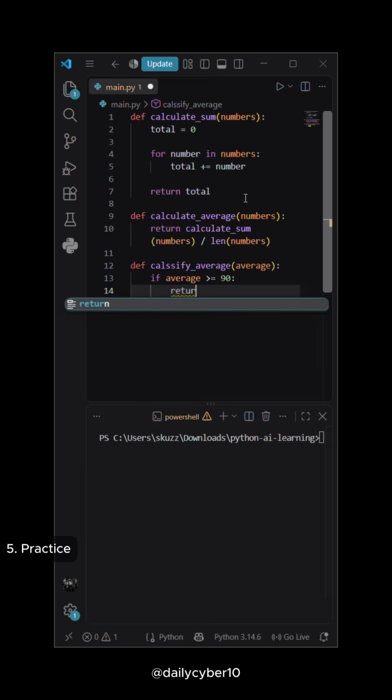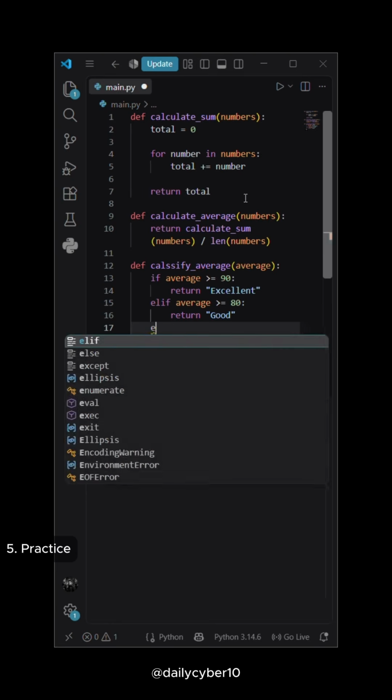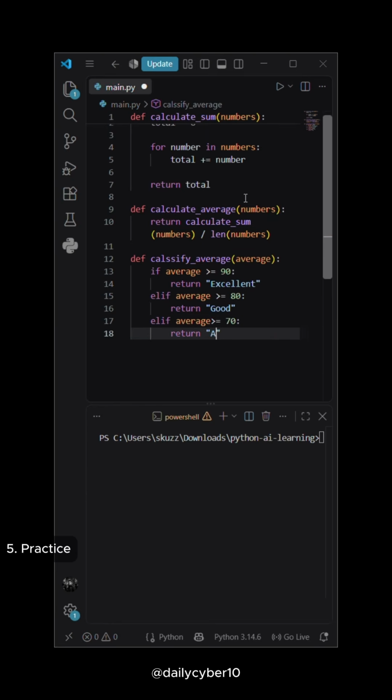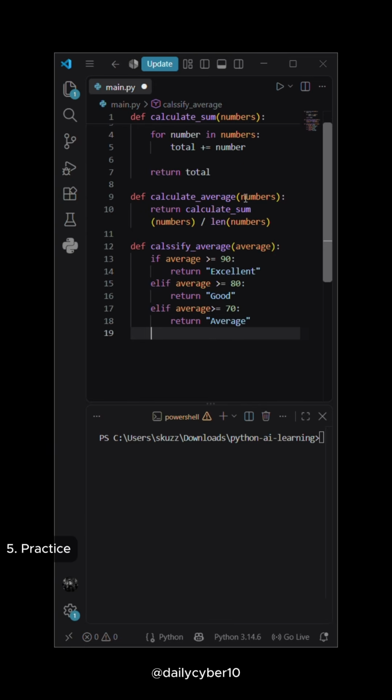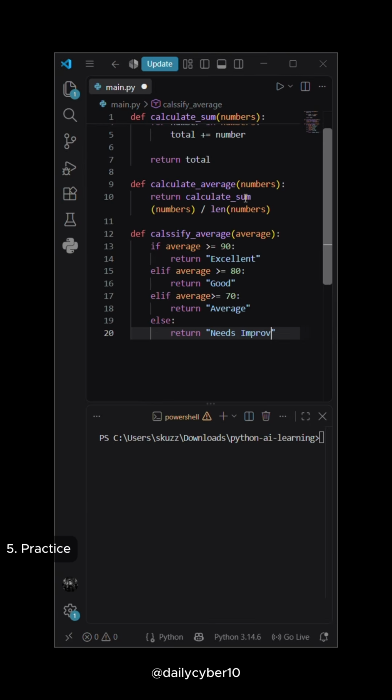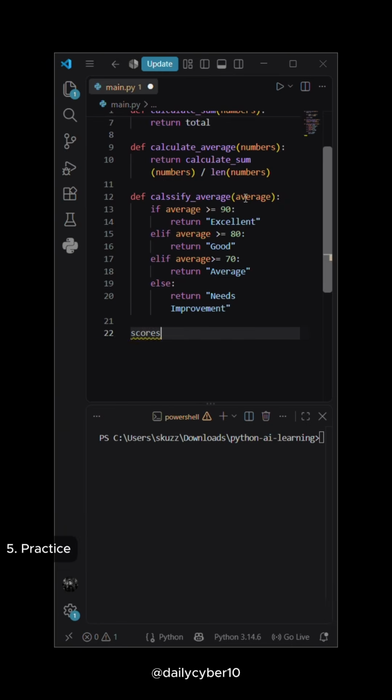meets the highest condition, returns the highest classification when the condition is true, checks the next condition when the previous condition is false, returns the corresponding classification, continues checking additional conditions, returns the lowest classification when no previous condition is met, creates a list of scores,